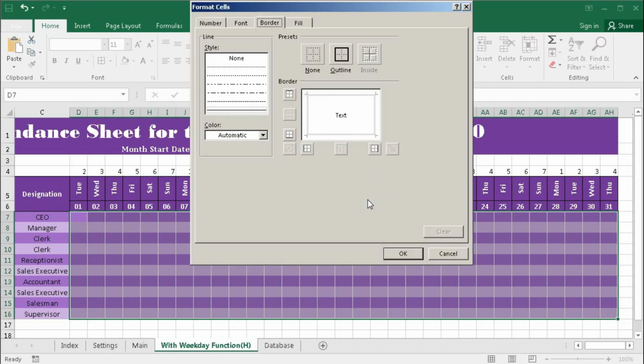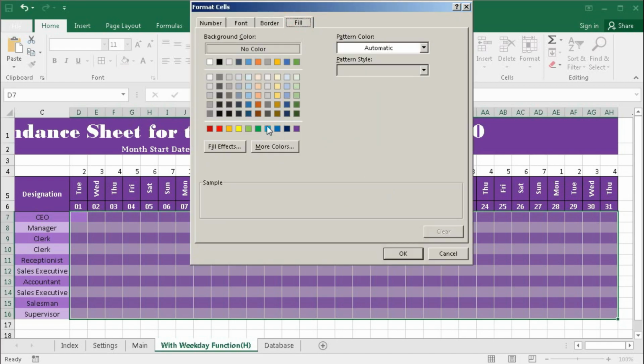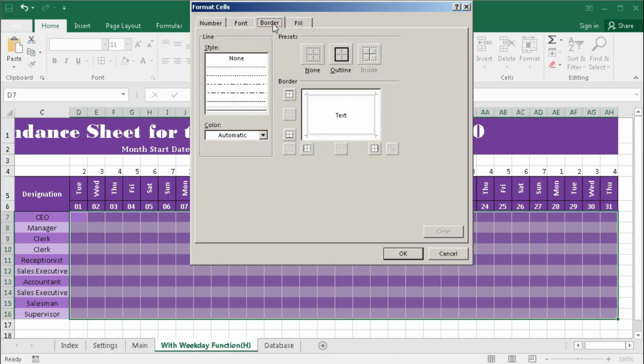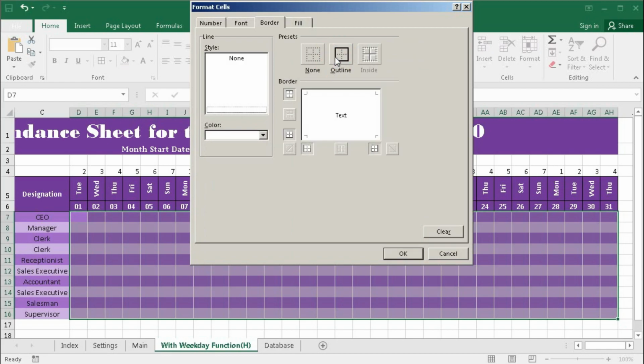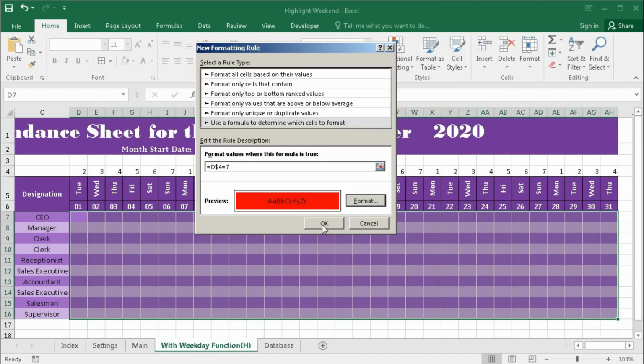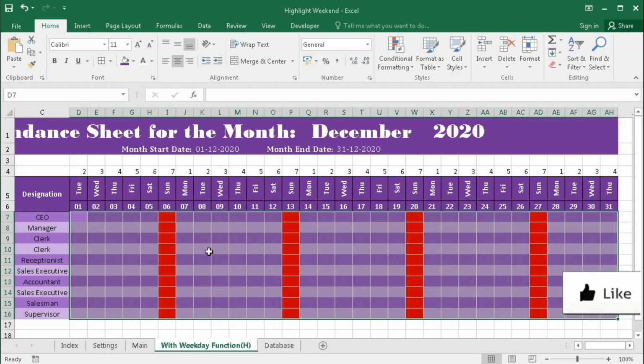Then format, fill color red, border color white and give it a border. Okay. You can see only Sunday is highlighted.